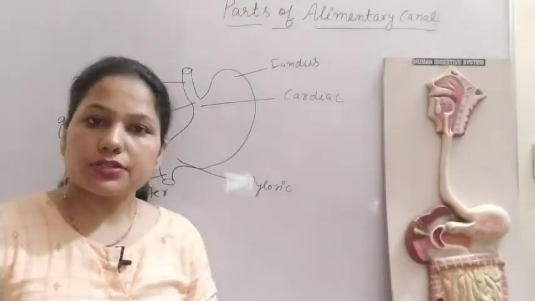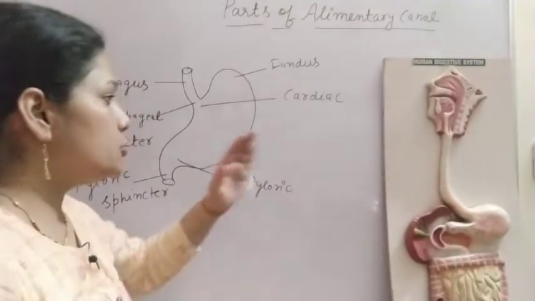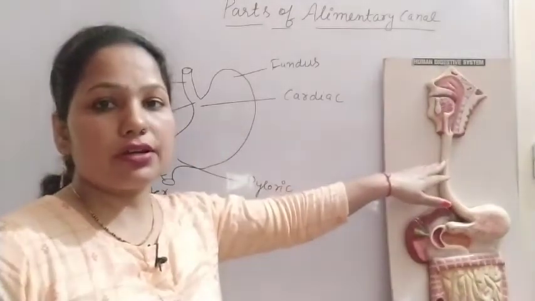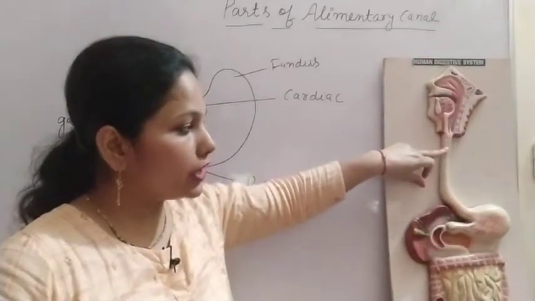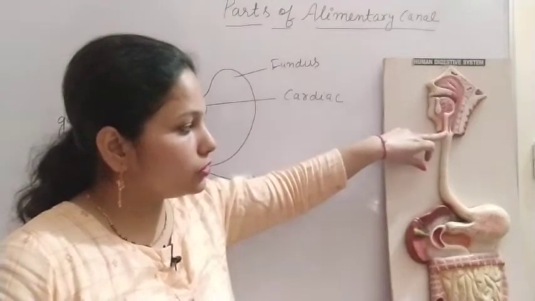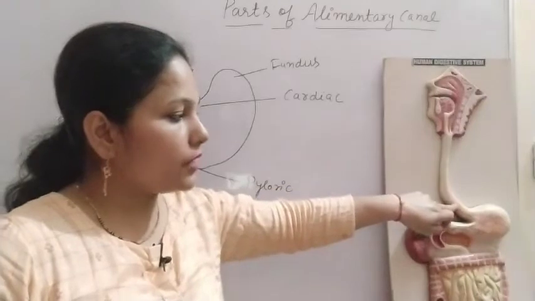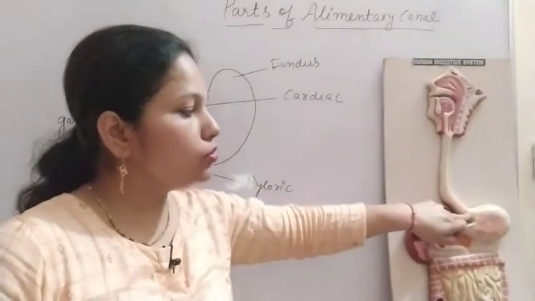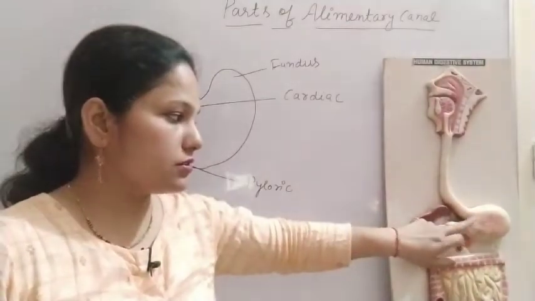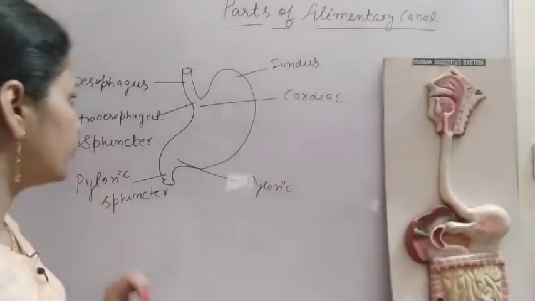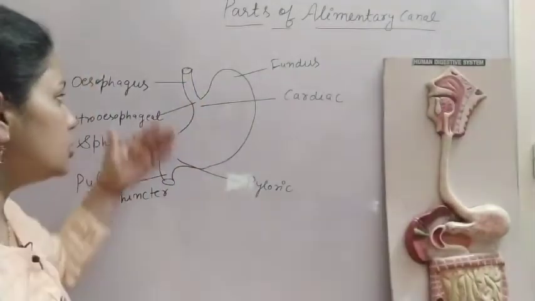So we have discussed the mouth, the oral cavity, teeth, and the esophagus. After the esophagus, there is the turn of the stomach. The esophagus is a long thin tube that runs through the neck region, the thorax region, and then passes the diaphragm, and then it opens into a J-shaped structure. That J-shaped structure is known as the stomach. Here you can see the diagram of the stomach along with the esophagus.